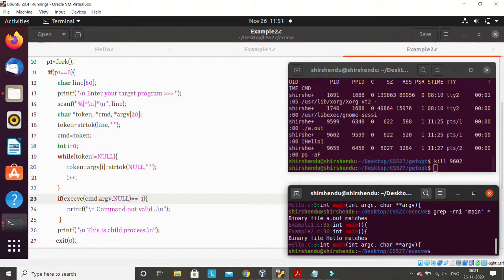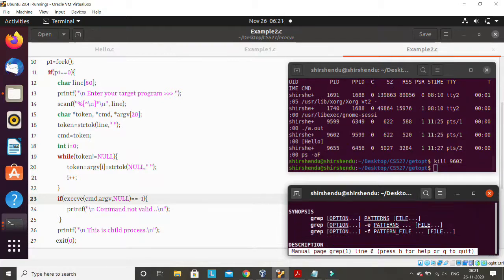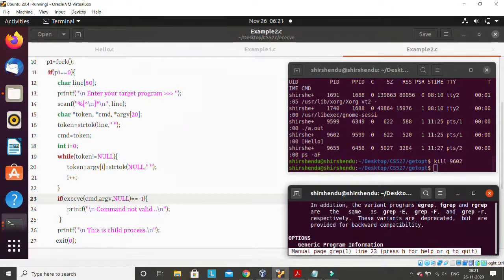So all the options that we pass to the program, most of the time the options are like this. So how to handle this type of options from your program? If you want to write your own program, and in your own program you want to give this type of options. For example, if you go for the grep manual of this grep command, you can see there are many options possible.